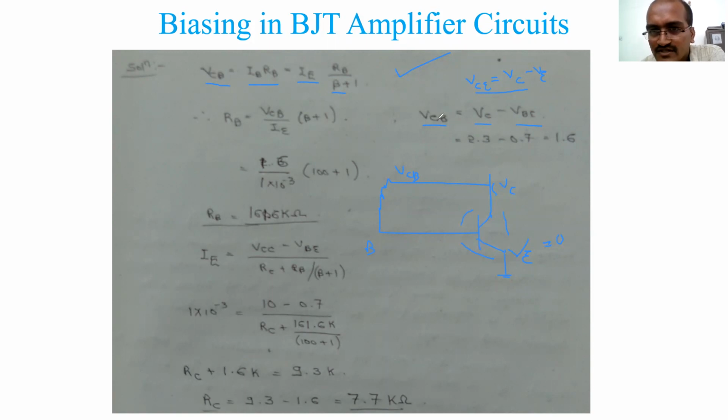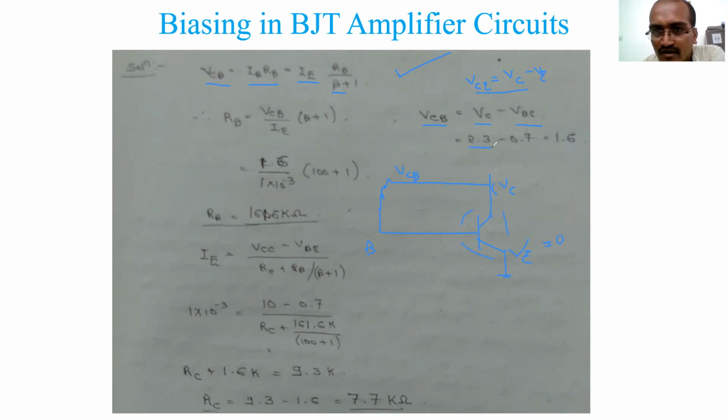So this is the standard equation also. If you have studied electronic devices, maybe exactly this equation you may not have taken. Some basic equation you have taken. If you alter that, you will get this equation. So VCE minus VBE. The VC value is VCE because VE value is 0. That's why it is 2.3.